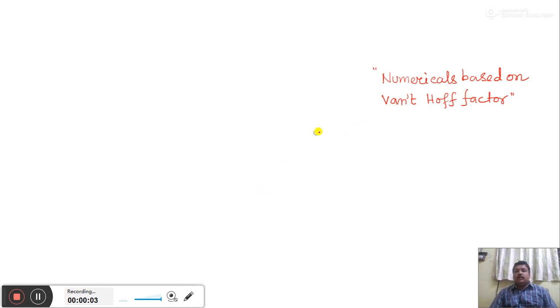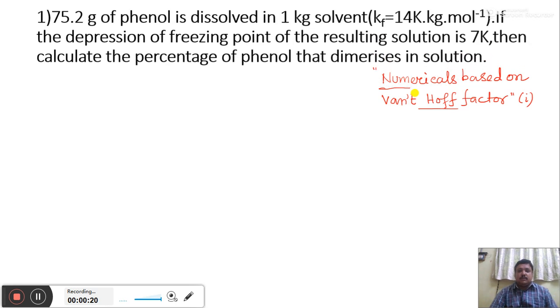Hello everybody, my today's topic is numericals based on Van 't Hoff factor i. Van 't Hoff factor is very much important in our exam. Now, the first problem is